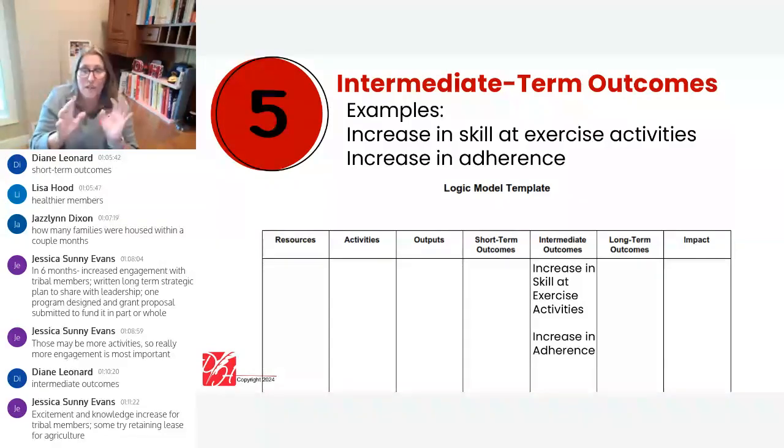So I think if you can contemplate sharing your baseline and your ultimate outcome within your logic model, if that fits for space, or at least what you keep track of in your notes, I think that's really helpful for what you're going to write and also how you could build out your logic model. Okay, and let's see. Some retaining of leases for agriculture. Great examples of outcomes. Great.